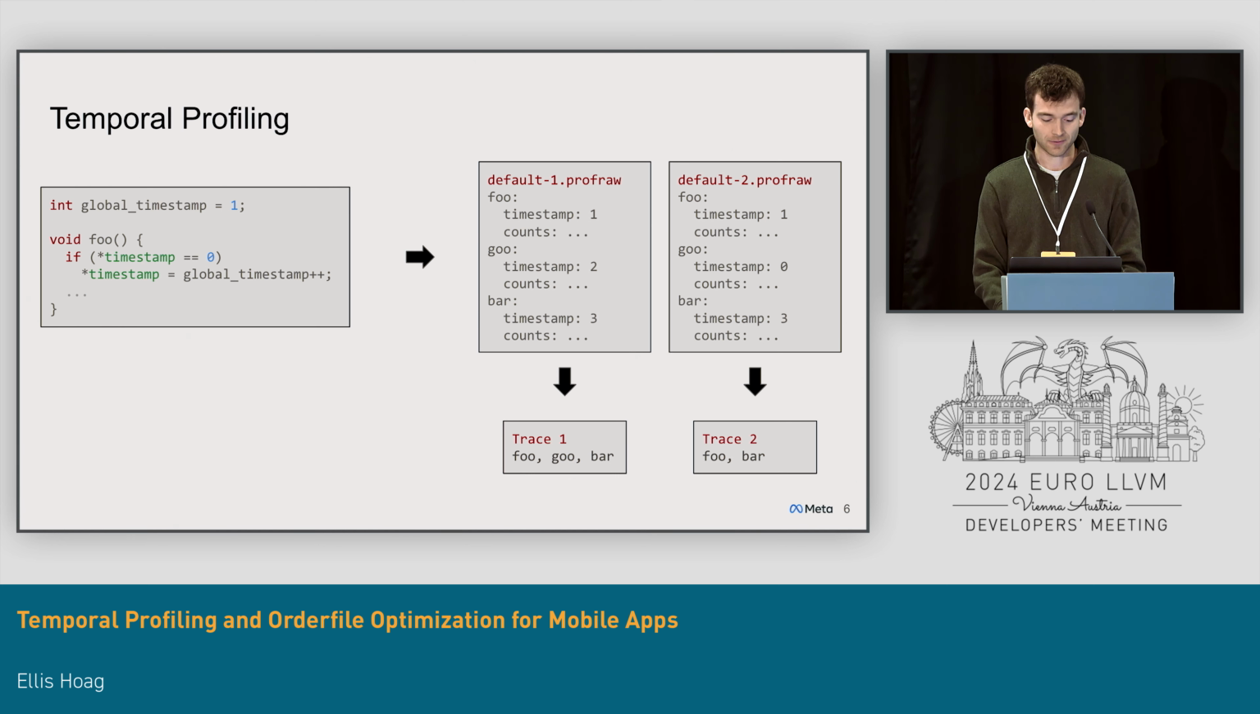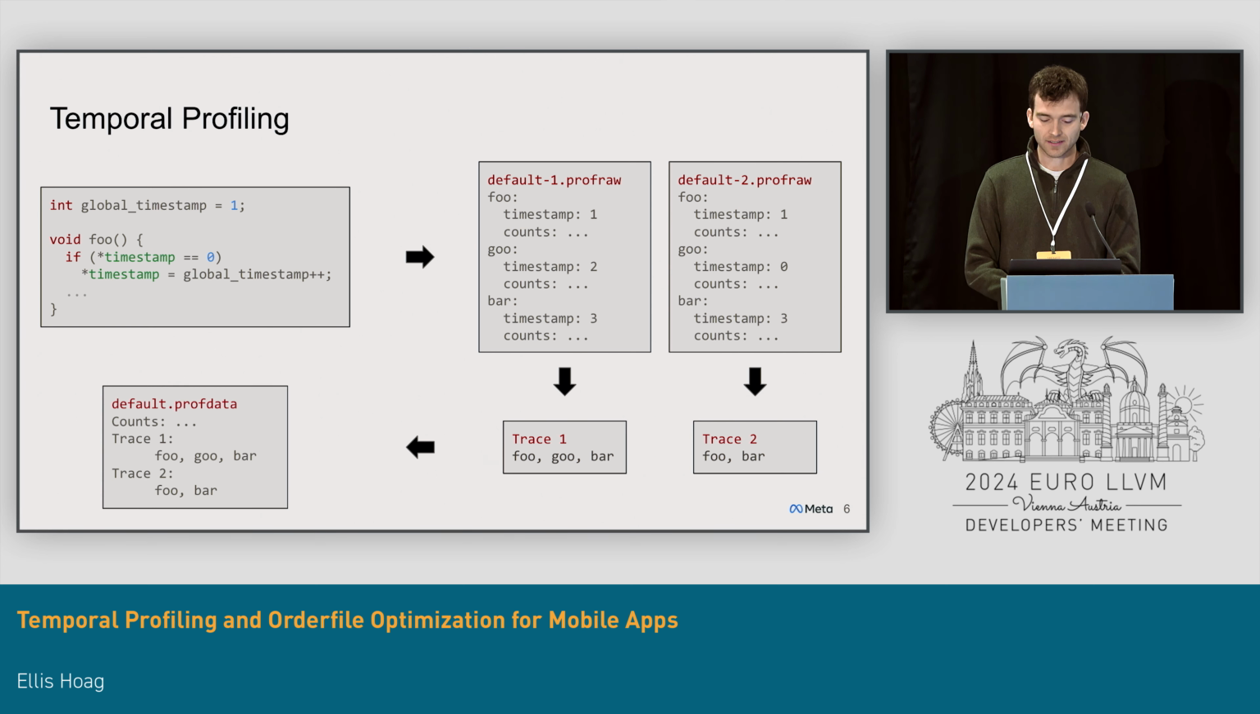So in this example, in our first trace, we have foo, goo, and bar from our first raw profile. In our second trace, we only have foo and bar. The function goo is not in the trace because it was not executed, and we know that because the timestamp of goo is 0. And finally, we can merge these raw profiles and their traces into an index profile using the llvm-profdata tool. And you might be wondering if we can use just a single one of these traces as an order file to